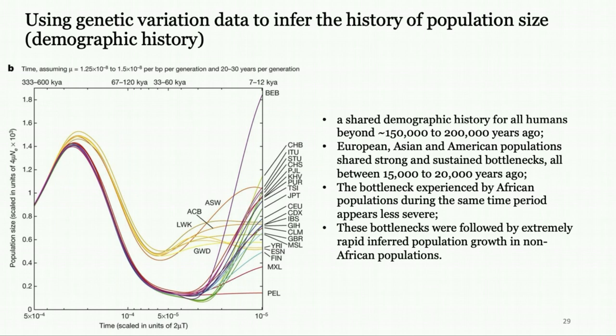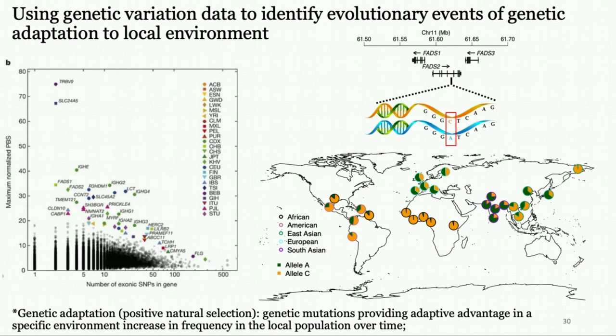In the most recent history, the population size increased dramatically. So basically, we can use genetic data to infer population history, and we have one lecture dedicated to this kind of analysis. Another thing you can do is to use genetic variation and try to find mutations that have very different frequency across the populations, and that kind of difference could be a result of